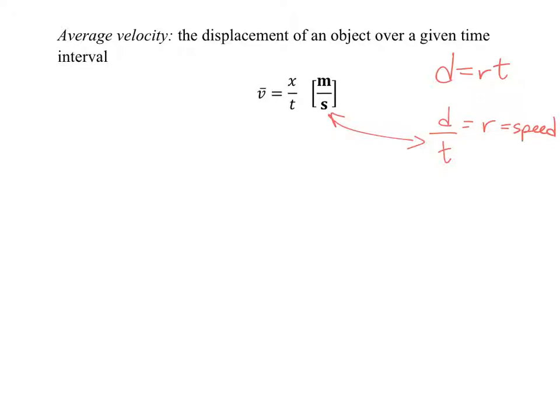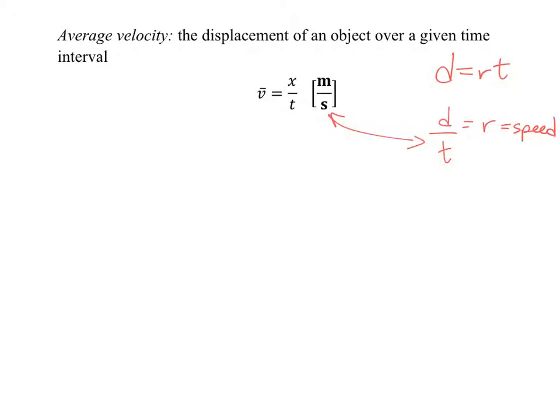Okay? Think about the example earlier. If I go across the room and come back, what's my displacement? It's 0, isn't it? So that would make my average velocity 0 over whatever the time is. So that's kind of an odd thing to think about. Even if you move, you can have an average velocity of 0 if you start and end in the same spot because you have no displacement. Velocity is displacement over time.